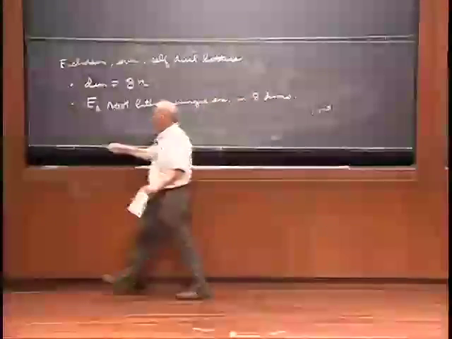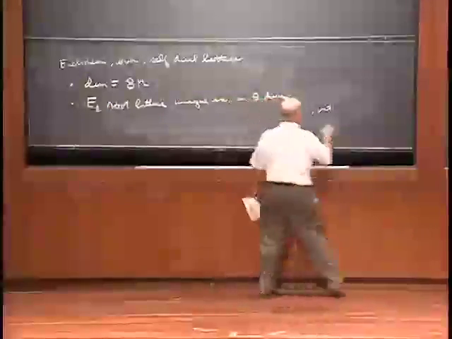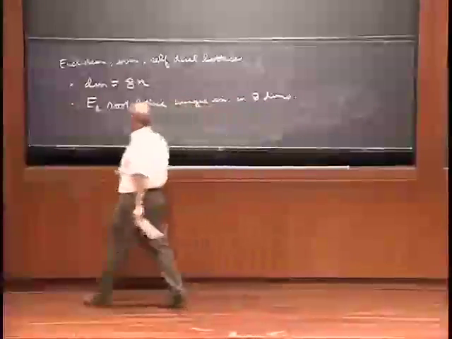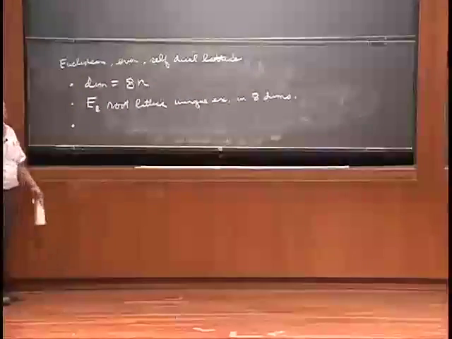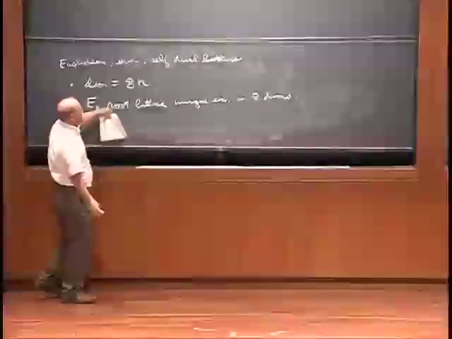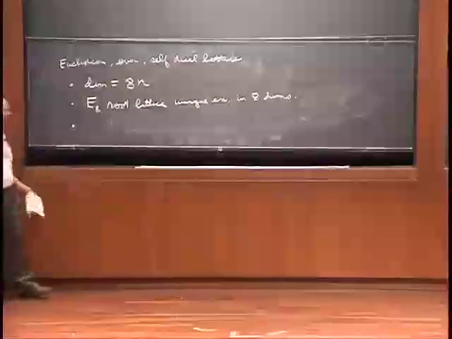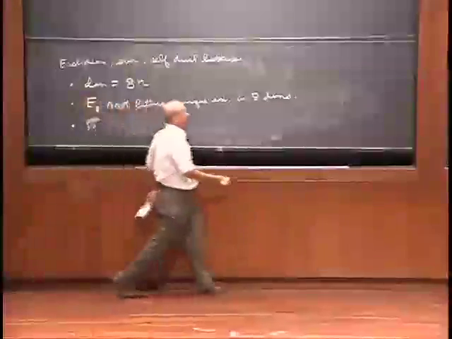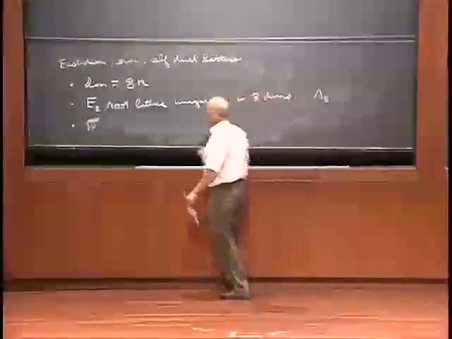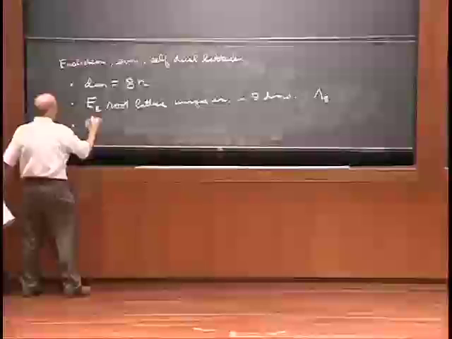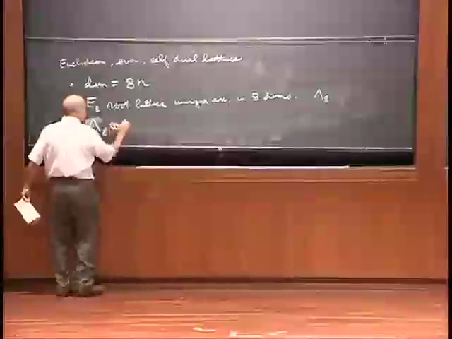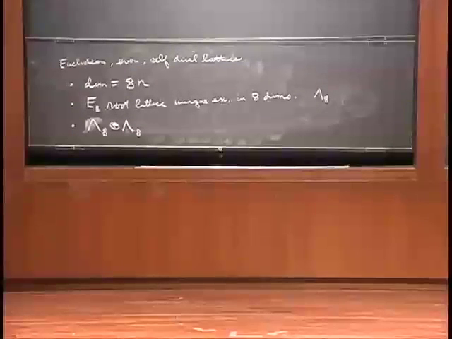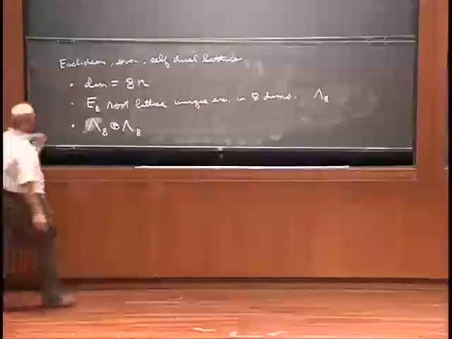Well, we don't really need that fact directly because we're interested in 16 dimensions, but it's a useful fact anyway. But that fact already tells us one answer for 16 dimensions, because if you have an even self-dual lattice in 8 dimensions, it's very easy to make a corresponding one. So if I call this lattice lambda 8, then I can immediately make a 16-dimensional even self-dual lattice: it is just the direct sum of two such lattices. So that's one example of an even self-dual lattice in 16 dimensions.